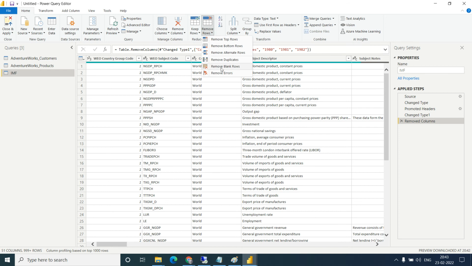There are some rows we can remove. If some rows are blank, we can remove them.